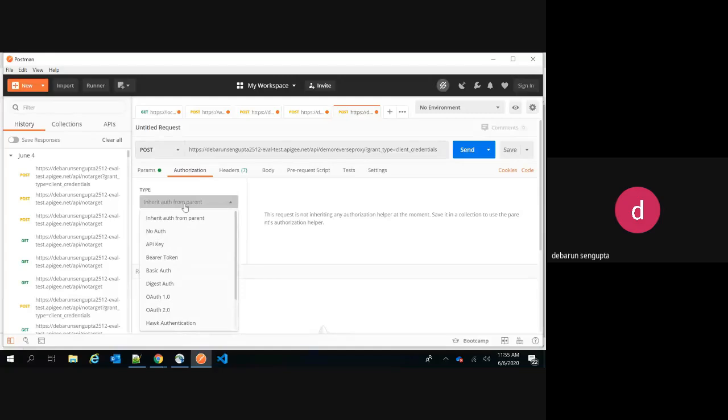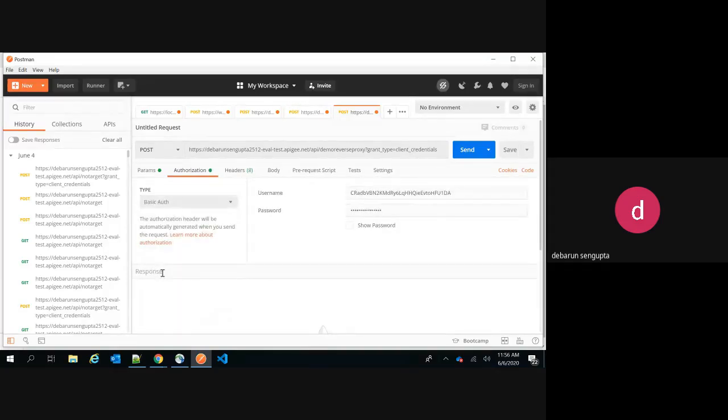if you remember in Salesforce also, whenever we do a callout using the client credential flow, you need to provide your client ID and client secret. For that, we generally first do a call to the token endpoint, the access token endpoint URL. That is what we are doing here in order to get the access token first, because once we get the access token, the process remains the same. We use that access token to do the callout to our service.